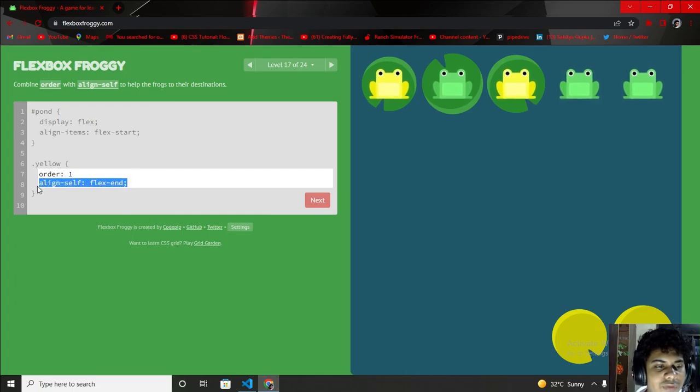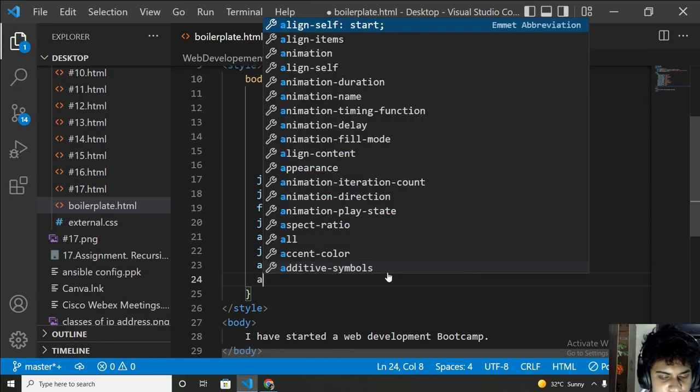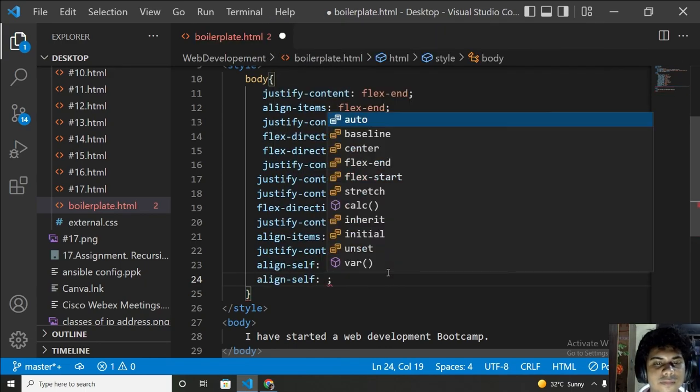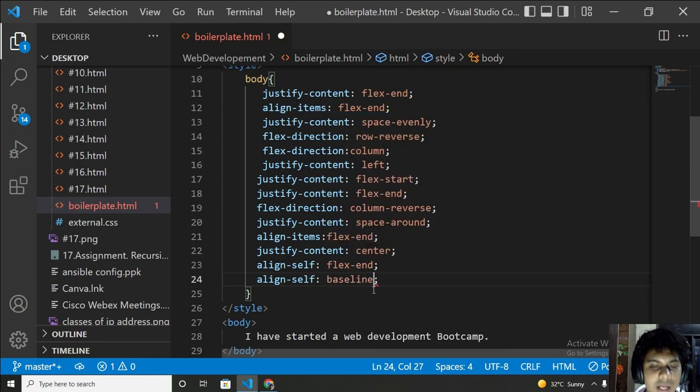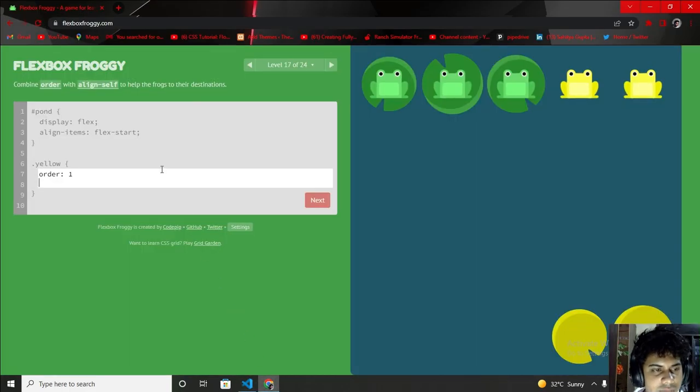Why is it not working? Let me do it again using some more properties. Align-self: flex-start, center, baseline. Let me try this baseline. I don't know what it does, but let me try. Okay, it is not working.